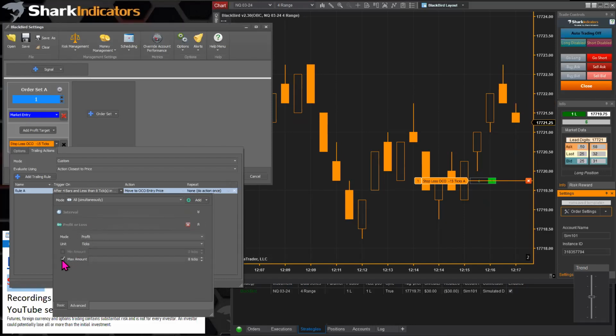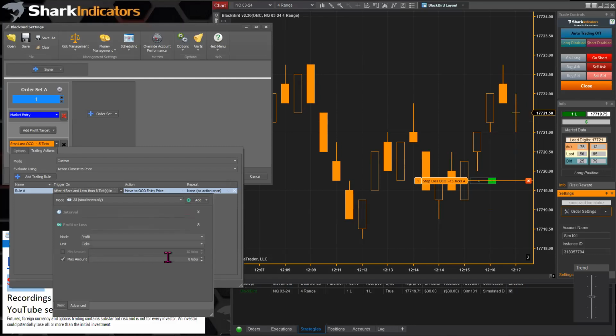Now, normally, most people are saying, you know what, I need a minimum of, whatever, 10 ticks of profit, and then move my stop loss. All right, so most people are looking for a minimum amount of profit and then move your stop loss to break even. All right, so this one's a little backwards, where we're actually saying, hey, I'm looking for a maximum profit to have occurred,